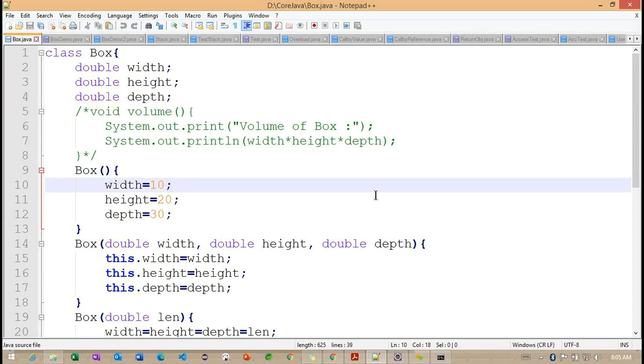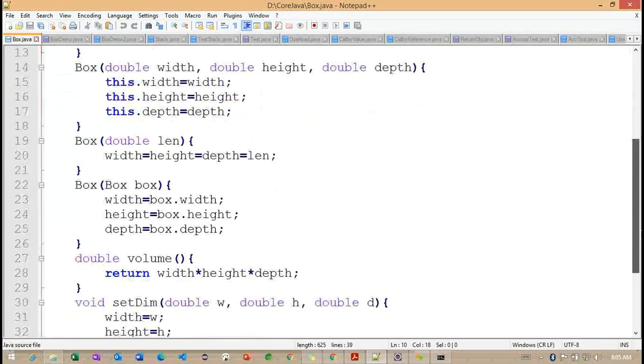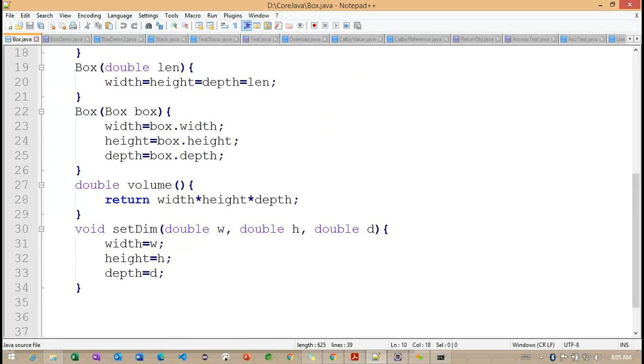I'm going to use them. So the box constructor, okay, we'll keep it as it is here.